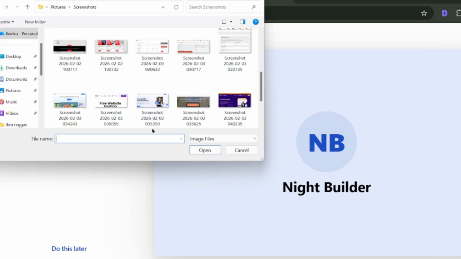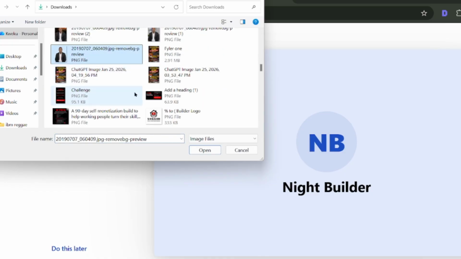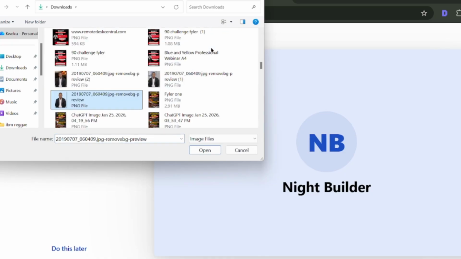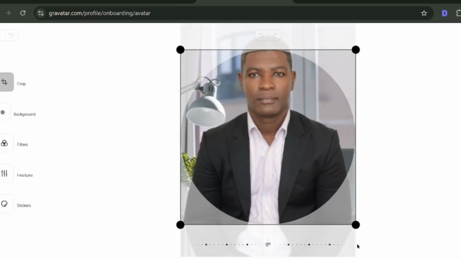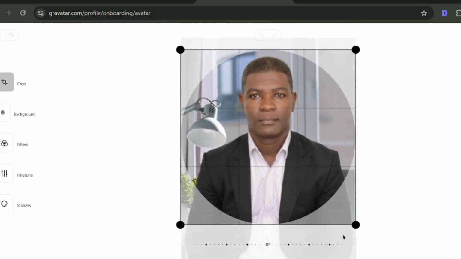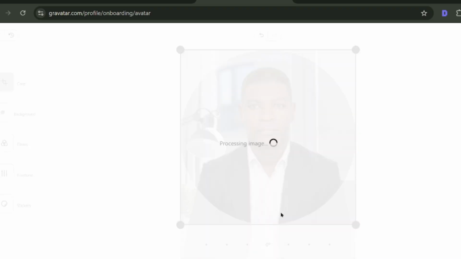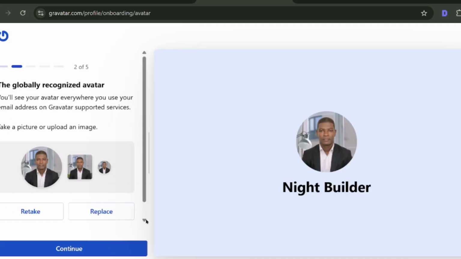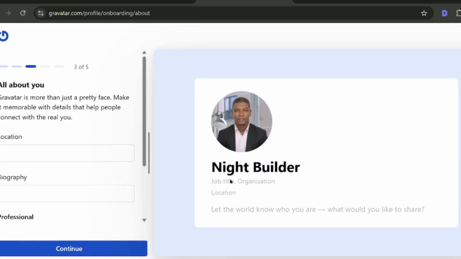You go and look for a picture of you. Try and get a clear picture that shows your face really well, so that you can use it for your profile. Okay, so get a nice picture like this. Okay, and then you continue. All right, so you set your location,